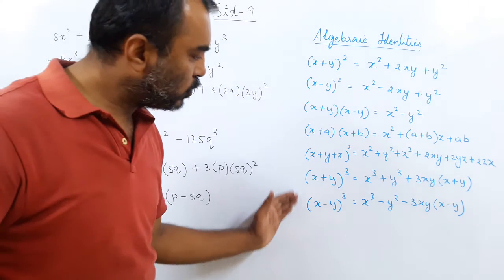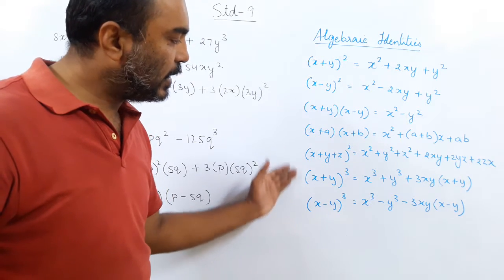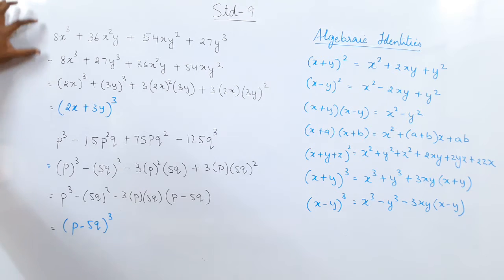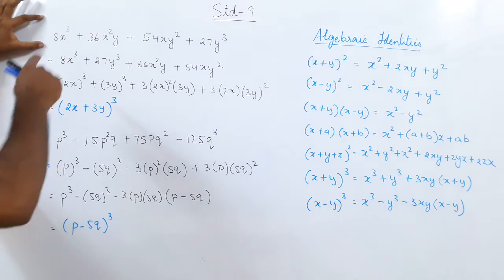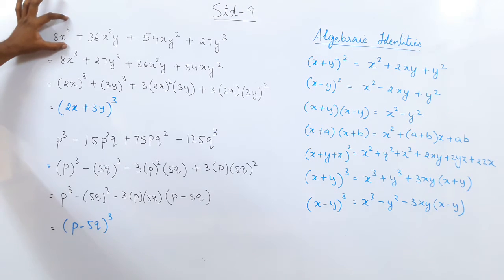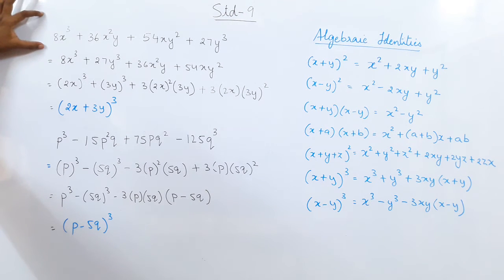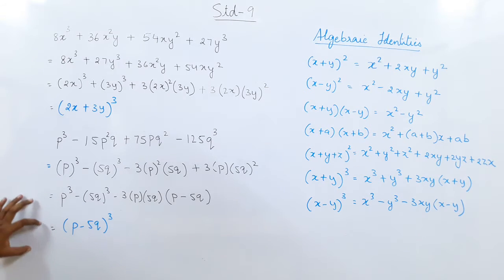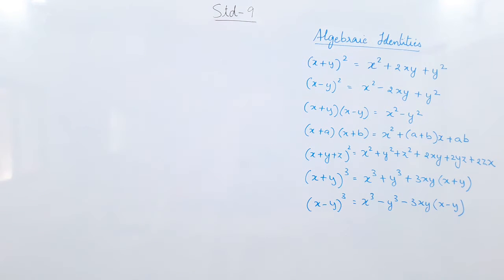So we have derived 2 identities today, added to our list 2 more identities. We have not done the expansion, we have directly used what? The factorization. So at this polynomial in 2 variables, the cubic polynomial, you can see the degree is 3. So cubic polynomial in 2 variables, the factorization. So we have moved from the binomial to the trinomial. Okay. Now let us see one more use of this kind of identity.